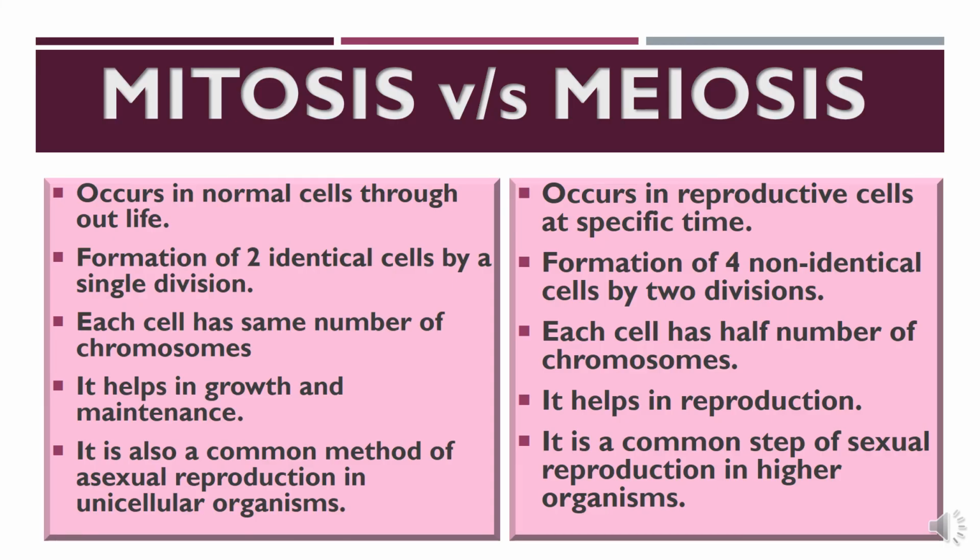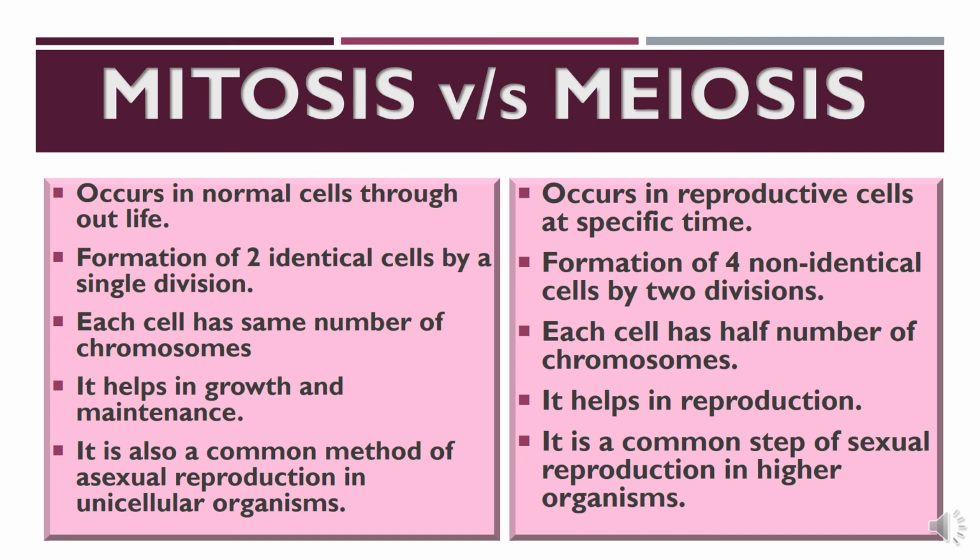Now let us list out these differences between mitosis and meiosis. Mitosis occurs in all normal cells throughout life, whereas meiosis occurs in reproductive cells at a specific time. Mitosis results in two identical cells by a single division, whereas meiosis results in four non-identical cells by two consecutive divisions. In mitosis, each cell has the same number of chromosomes, whereas in meiosis, each cell has half the number of chromosomes. Mitosis helps in general growth and development and replacing old and damaged cells, whereas meiosis helps